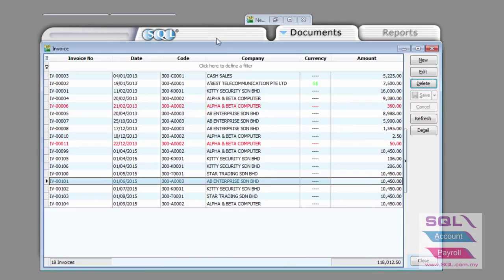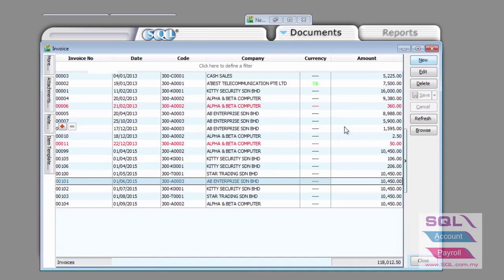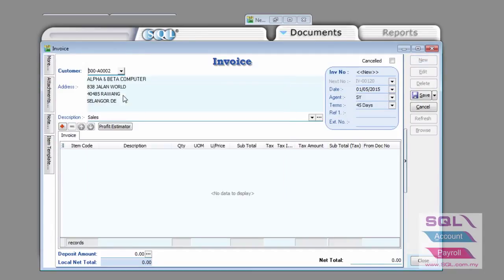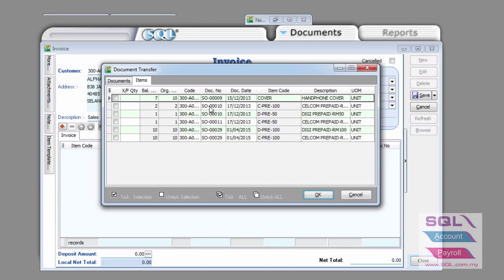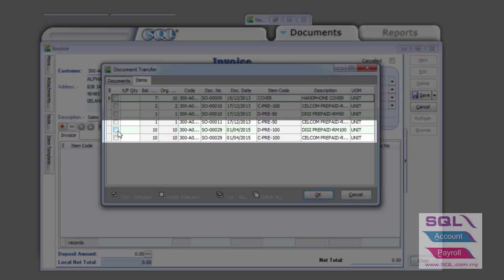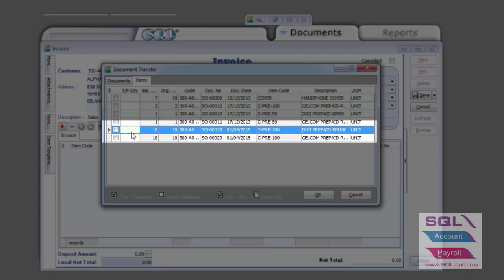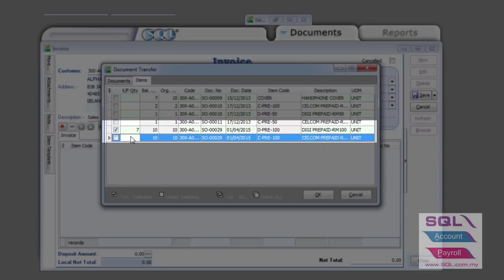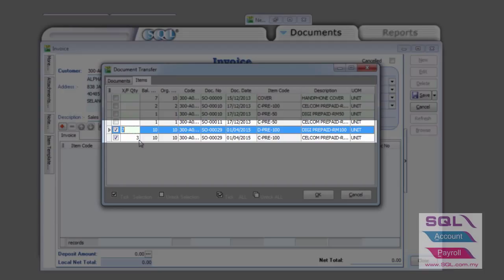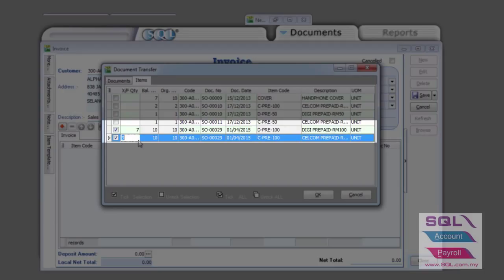Next, we go to an invoice. Let's make the presumption that this sales order is going to be converted to two invoices. We're going to manually and purposely input a unique number, 4x, to this invoice and transfer from the sales order to an invoice using the transfer module, and we're going to make it a little more difficult by keying in a partial delivery. So 7 units were delivered to this invoice and 3 units to this invoice, with 2 different items from the same sales order number